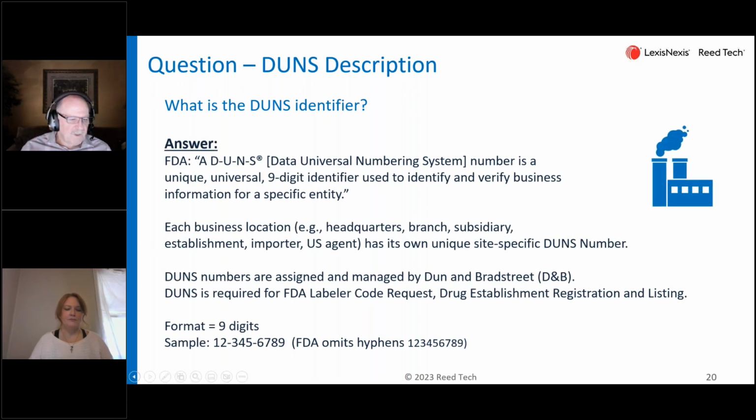Okay. So the DUNS identifier, I always had to kind of remember this and figure this out. What DUNS stood for, it's that Data Universal Numbering System. It doesn't roll off the tongue real well. DUNS actually works a little better. Now, this is not an FDA numbering system. So one of the points here is that DUNS numbers are assigned and managed by a private company, Dun &